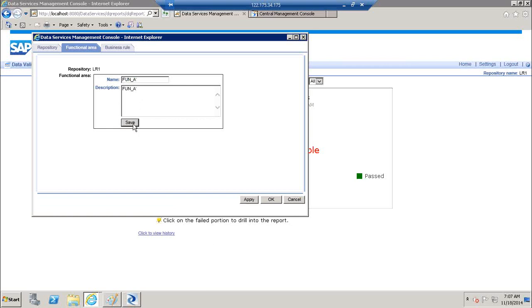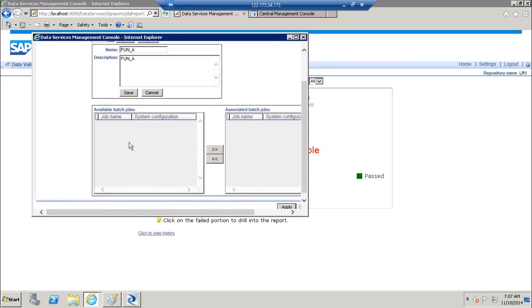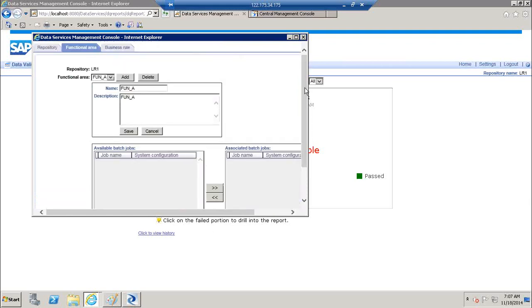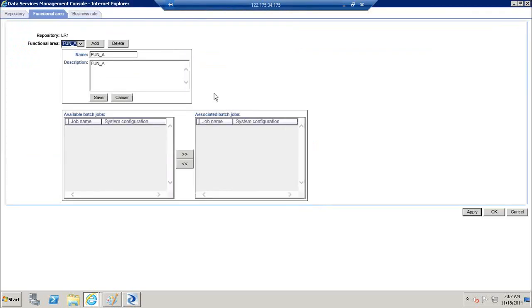Right, so just click on save, and once you click on save, it will show all the available jobs here, right? All the available jobs with some validations on that one. Now, as of now, it's not displaying, but here you need to, or let me maximize this one. So here what you need to do is, once you